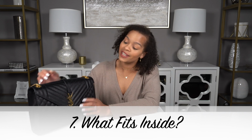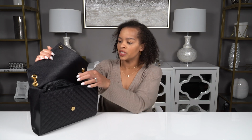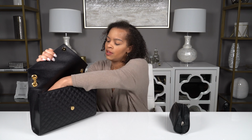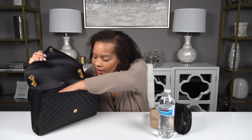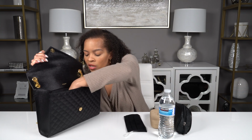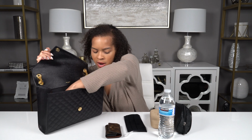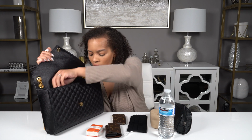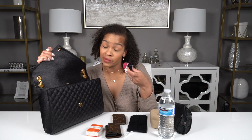All right, so let's see what fits inside this very large bag. First things first, I have a cosmetics kit that has just some things for touch-ups and my contact kit. A mini contact kit, that is. I have a full 16.9 ounce bottle of water in here. I have a pair of sunglasses. I have a mask because COVID. I have my Louis Vuitton 6-key holder. I have my Louis Vuitton key pouch that I use to put all my cards in. I have a pack of tissues, hand sanitizer, again, because COVID,